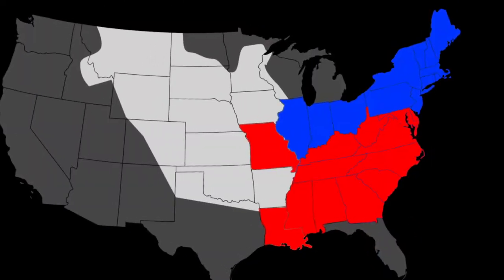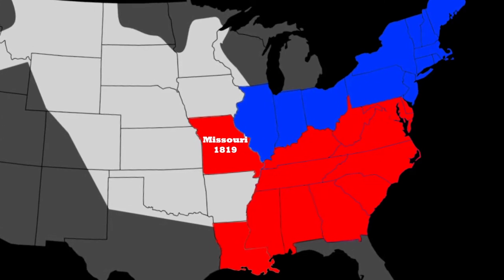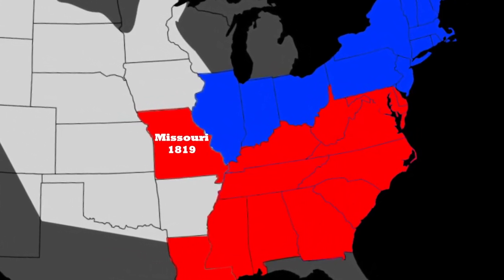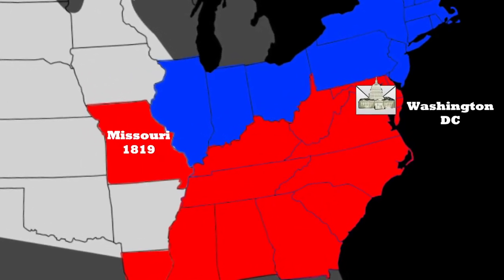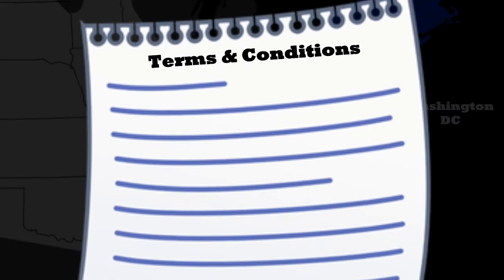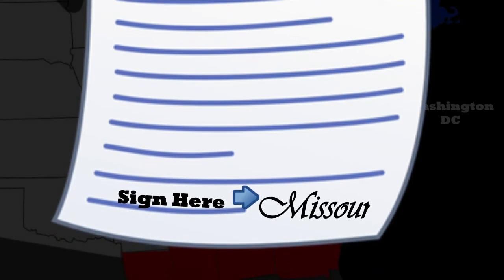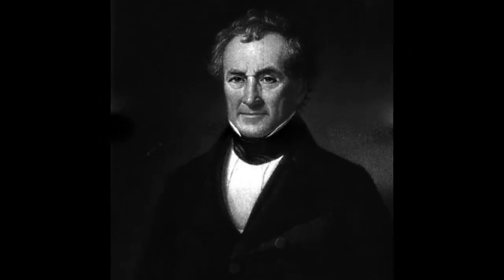Let's continue. The Missouri debates of 1819 served as a significant pivot in the United States' sectional controversy over slavery. The Missouri Territory applied to be accepted by the Union as a slave state in 1819. Similar to a terms and conditions policy, Missouri needed to accept a policy created by their boss, US Congress, to become a state. The House of Representatives put forward the first bill to create this policy, the Tallmadge Amendment, offered by Congressman James Tallmadge Jr. of New York.